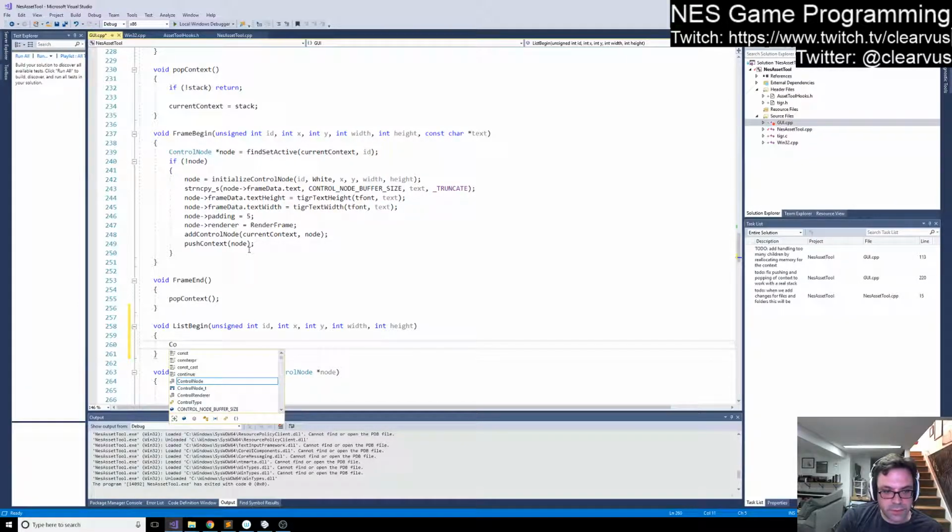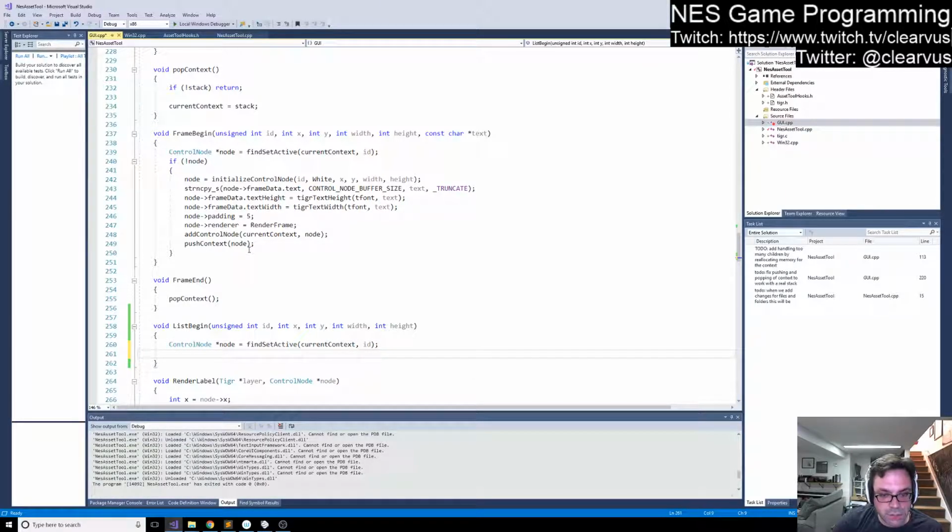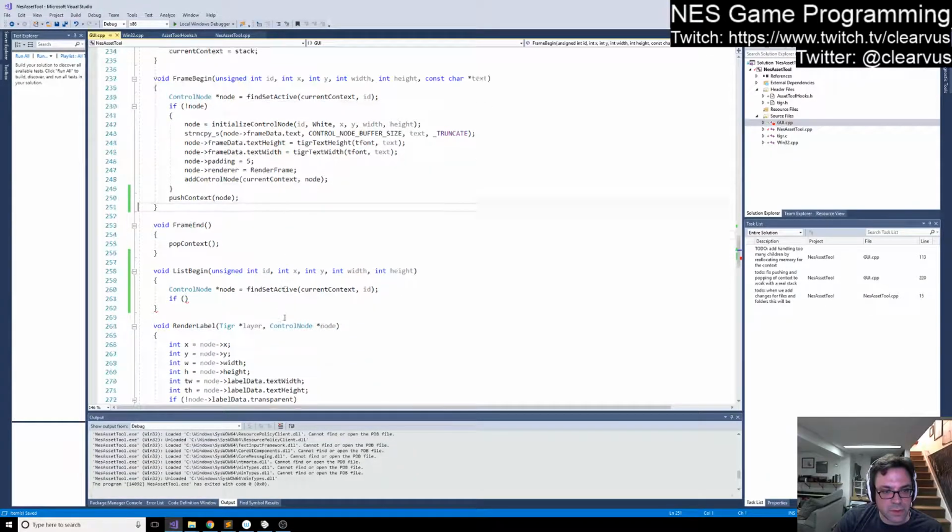So similarly to what we were doing before, we're going to look for this list in the current context that we're operating in to see if it exists already or not. One thing we need to do is we still need to push this context regardless of whether it's created or not. So that was a bug. All right, so